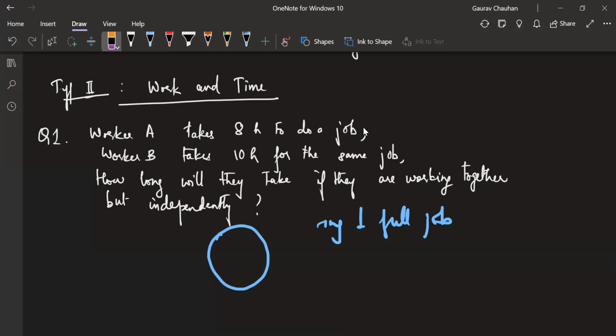Now worker A will take 8 hours to eat that full cake. Worker B will take 10 hours to eat that full cake. Now they are asking, if they are working together but independently, like me and Dikshit were working on our own,